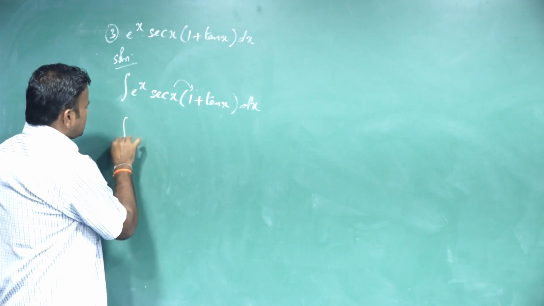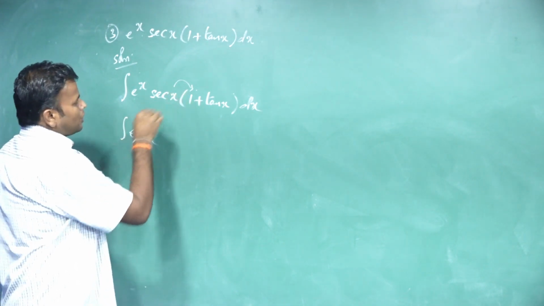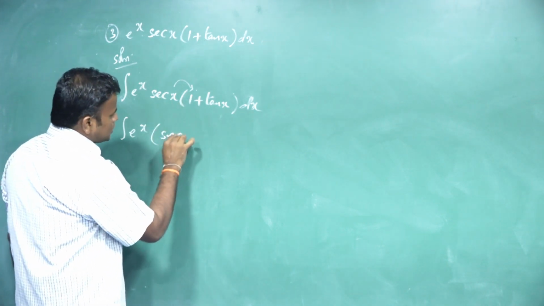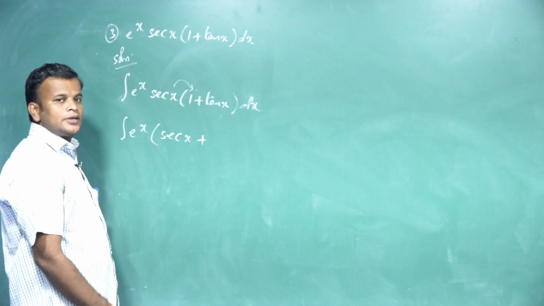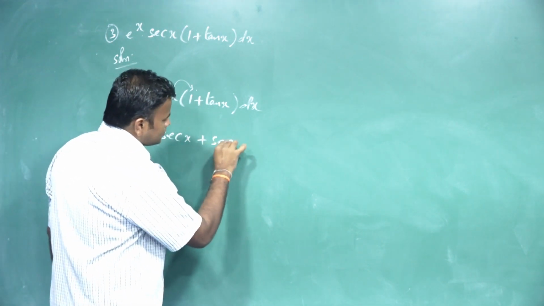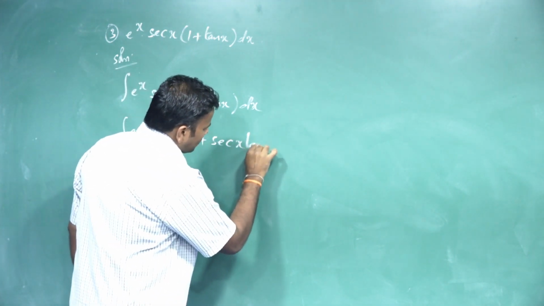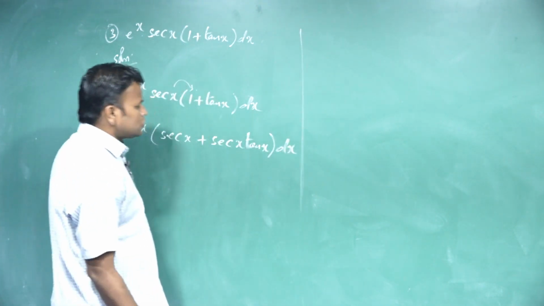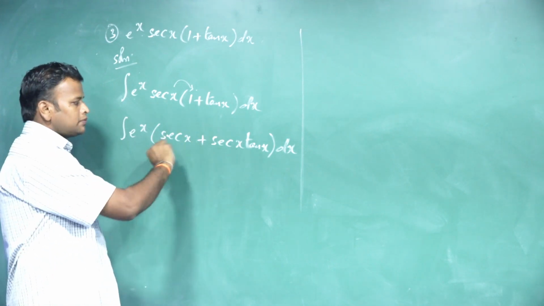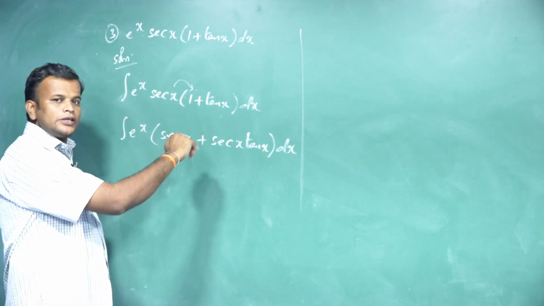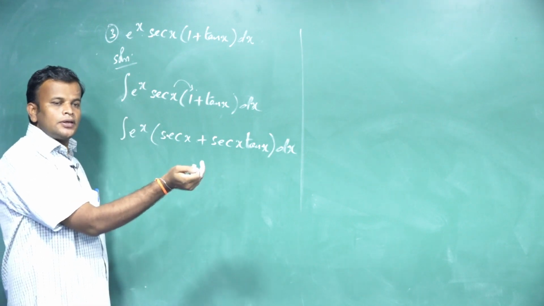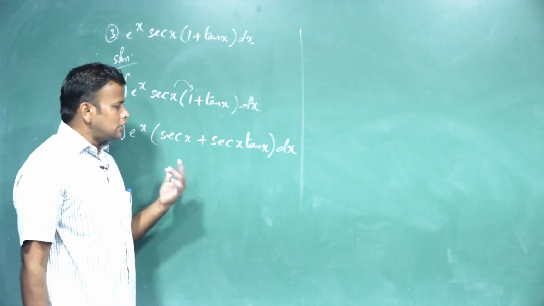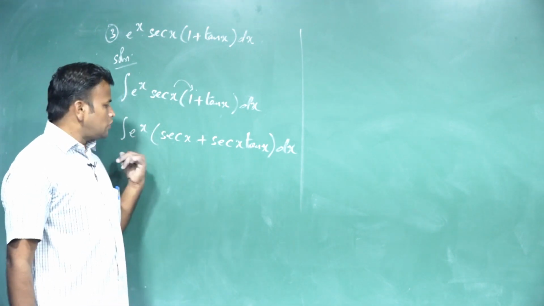So integrating e power x, I multiply secant x inside. So secant x into 1 is secant x, plus secant x into tan x. Now we come to the conclusion. Here in both terms, exactly, differentiating one gives the other. Do you identify? The differentiating of this term is exactly that term, because the differentiating of secant x is secant x tan x. So it is of the form